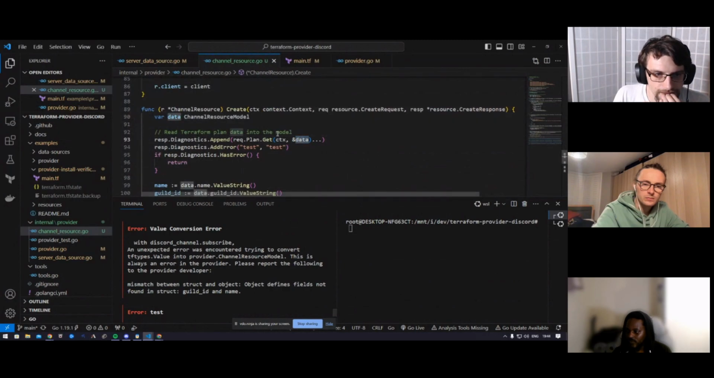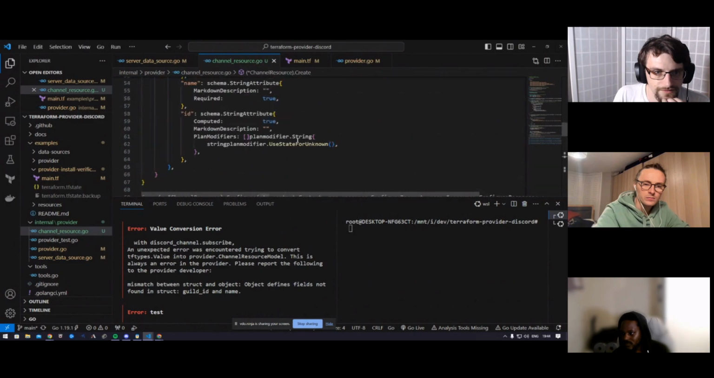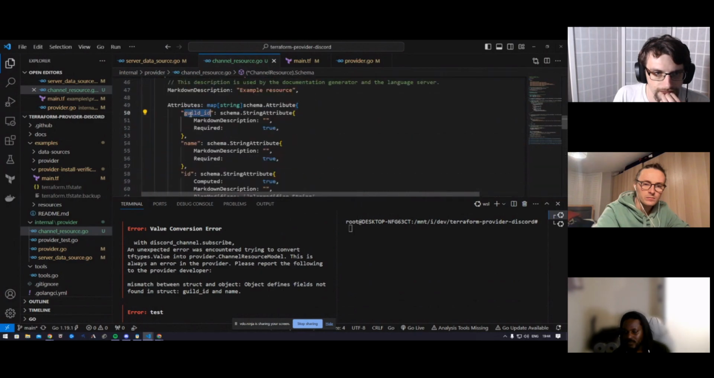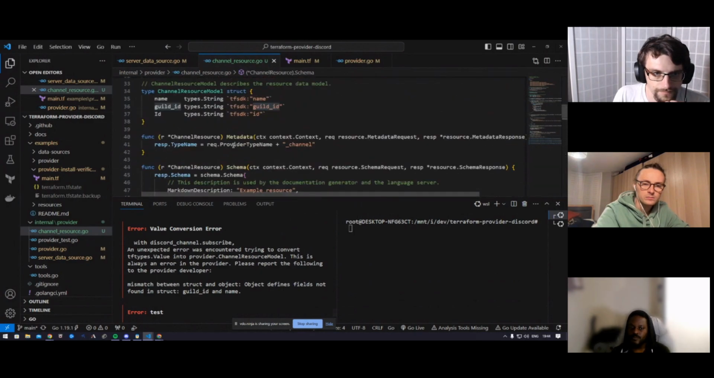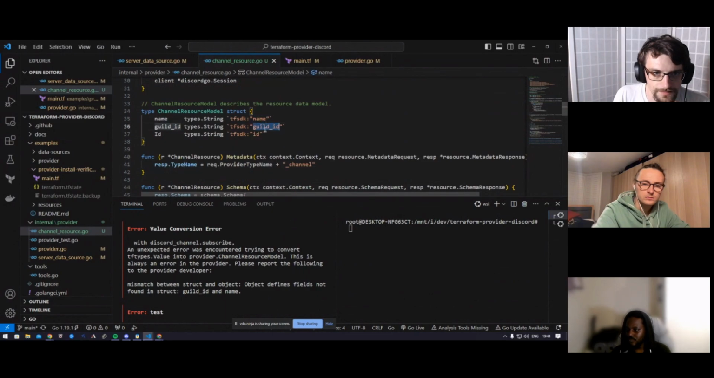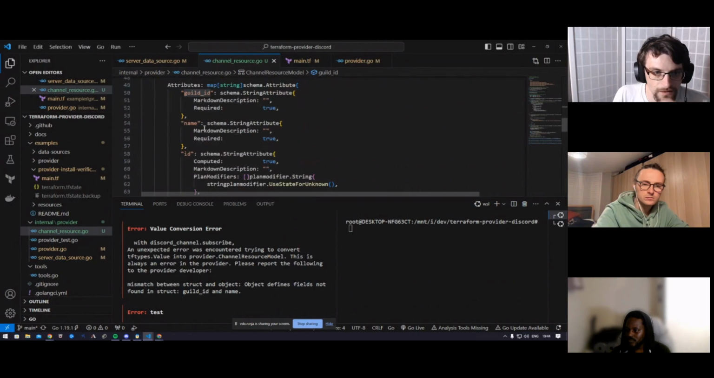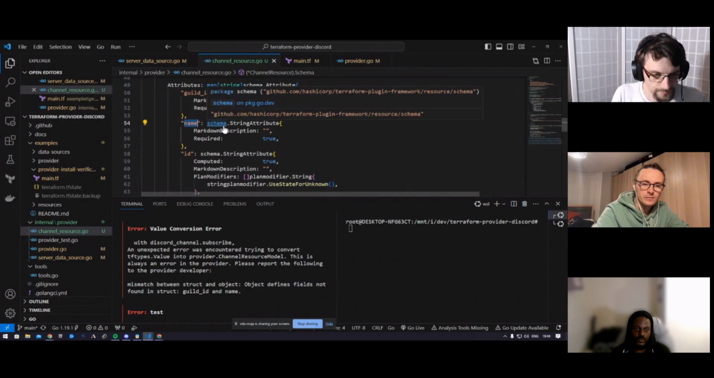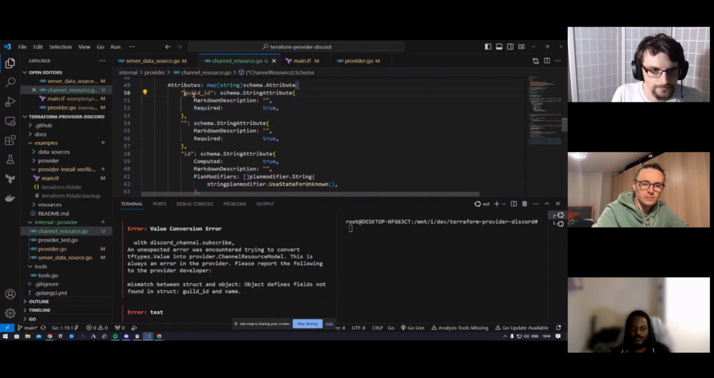So this is saying that the object defines fields not found in struct. So this is saying this object isn't defining guild ID and name, but they're here. Does the order probably matter, doesn't it? It shouldn't matter. Terraform itself never cares about the order, but